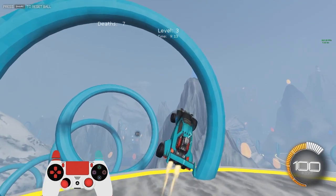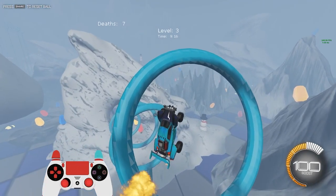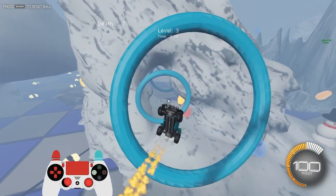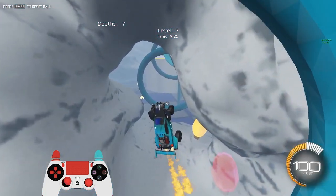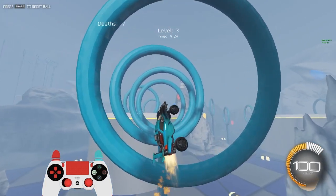Now, the next adjustment we have to cover is turning to the right. If you want to turn to the right, it's a little bit more difficult with air roll left because the air roll doesn't want to work with you as much. But similarly, you're going to push diagonal up into the right, and then as you tilt that way, you want to slide the stick down to the diagonal bottom right,